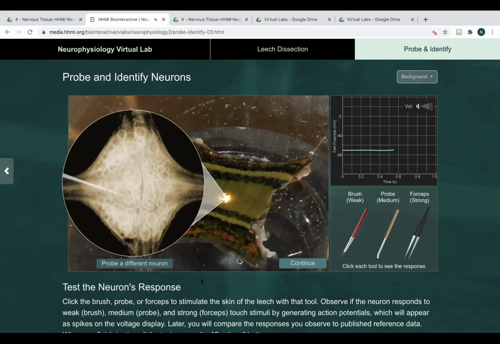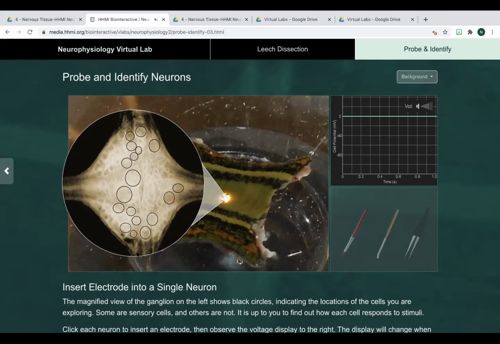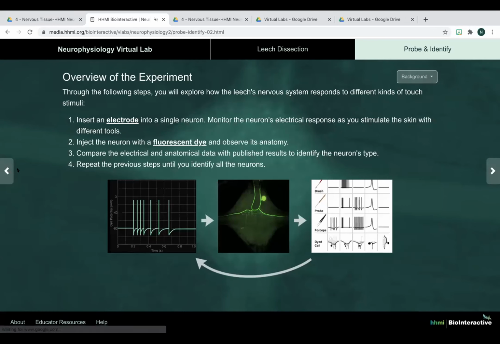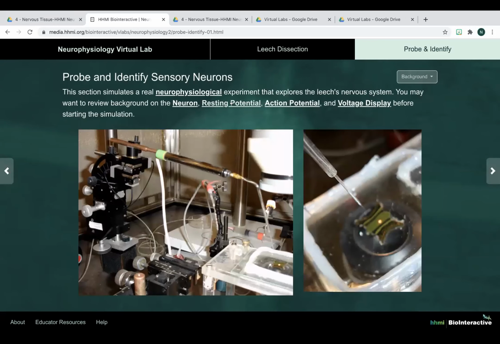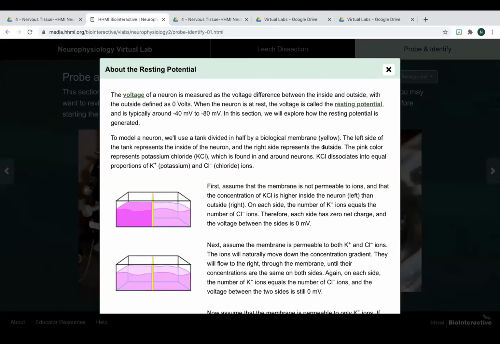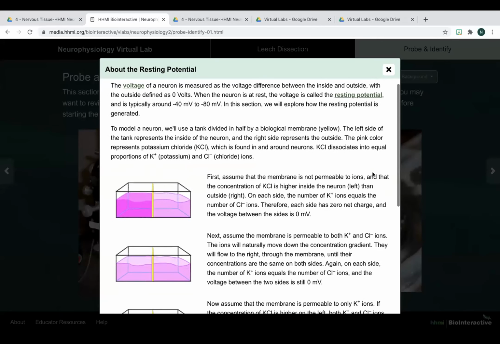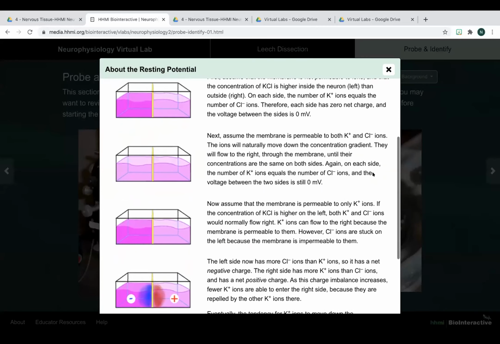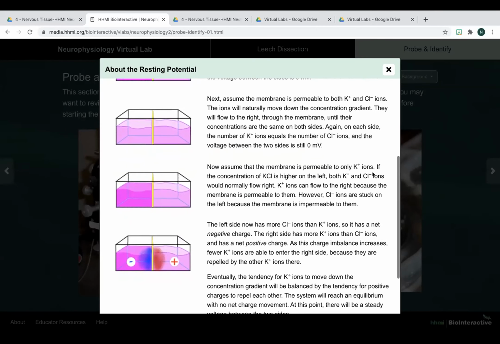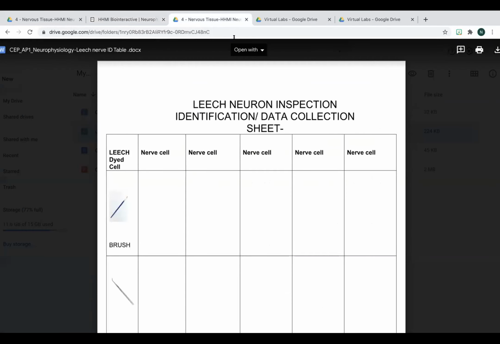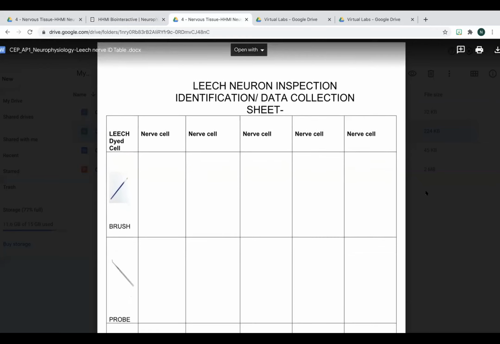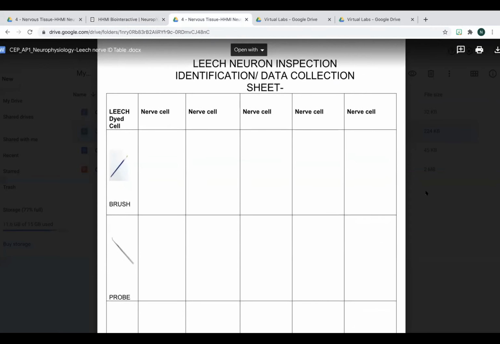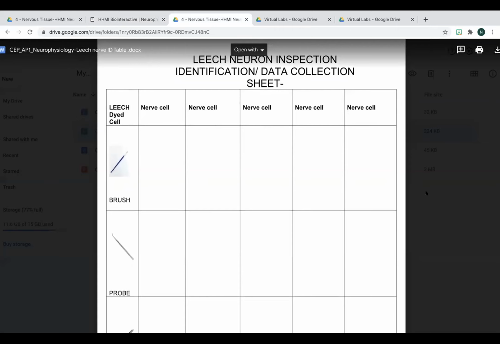As can be seen, students can also access information in the drop-down menu. The drop-down menu can refresh their memory on such terms as an action potential and a resting membrane potential. Then, using their identification and inspection sheet, which we'll show you, students document their observations by doing some sketches and notes, and then